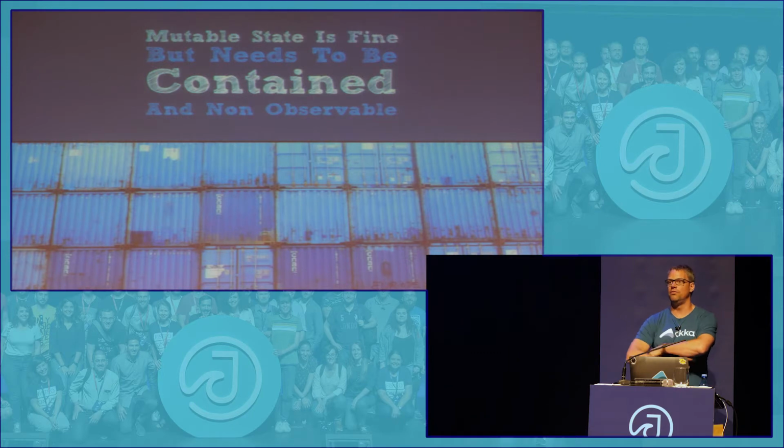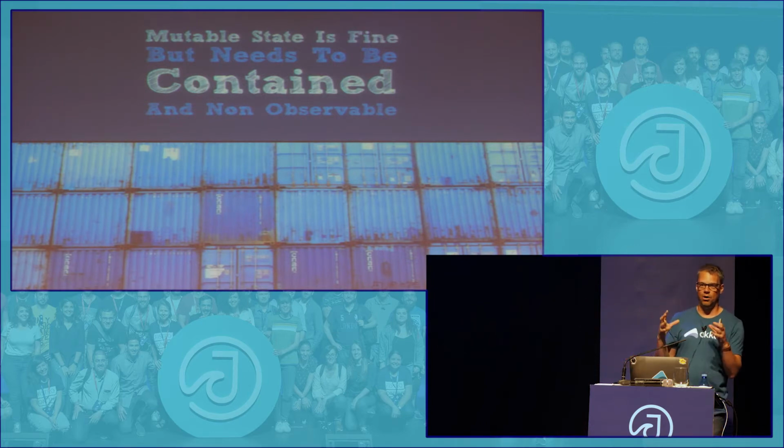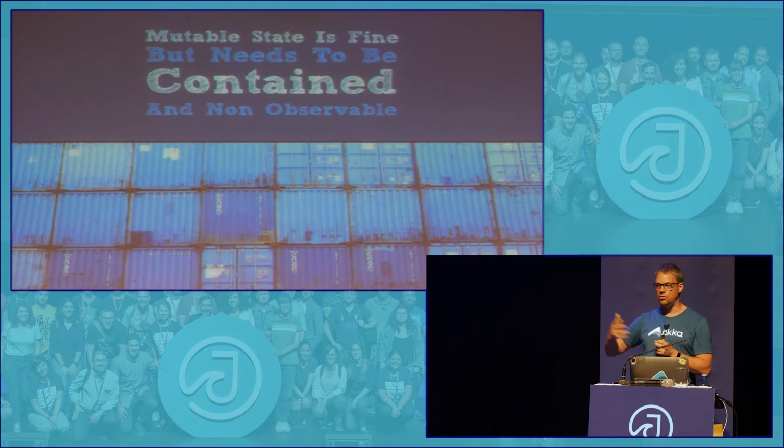I mean, it's often a very natural way to think and design algorithms. It's usually more efficient, etc. So I think mutable state is fine, right? But the key thing is it needs to be fully contained within the scope of the service. It must be non-observable to the rest of the world. The rest of the world can't know that you used mutable state to do your processing. It needs to be contained in a safe haven of